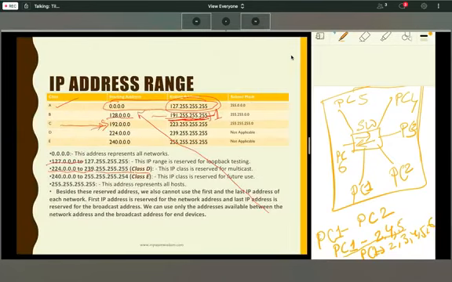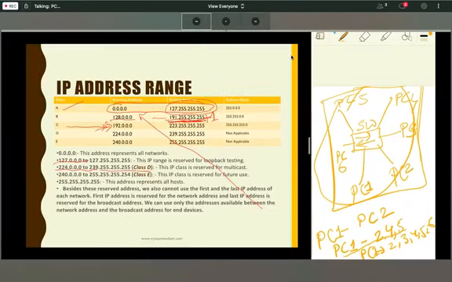See, by default, a switch creates a broadcast domain. First time, it is just an example. If the switch doesn't know about any MAC address of any new systems, definitely it will broadcast. Got it.